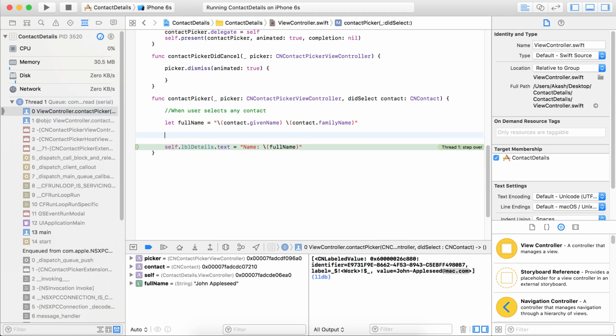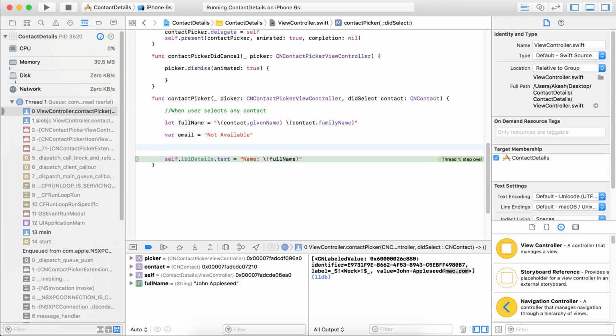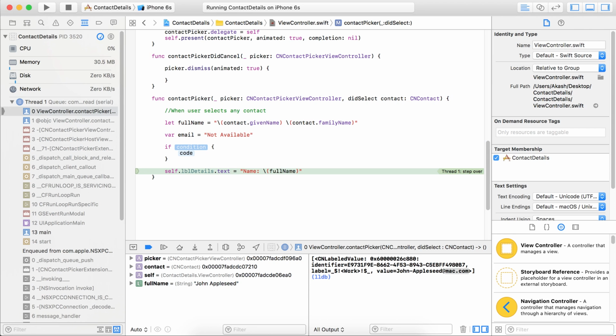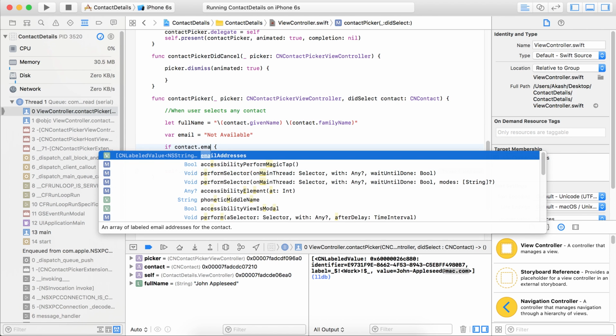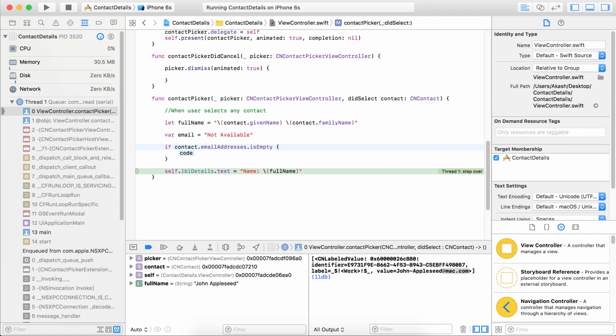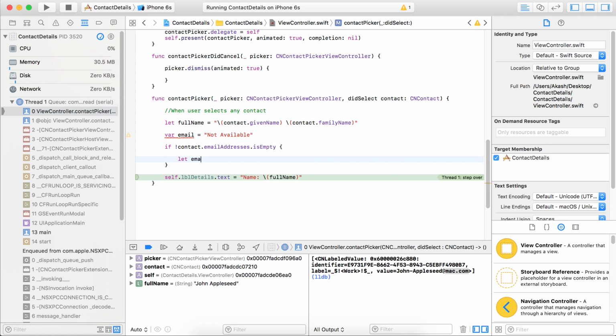You can see that. So we have to do a little bit of code to get the particular email address. So let's take a string, email, and first of all we will initialize it with "not available", and now check whether the email address is available or not. That means contact dot email address is empty. If it is not empty, then we will set the email string here and take contact dot email address as any object,